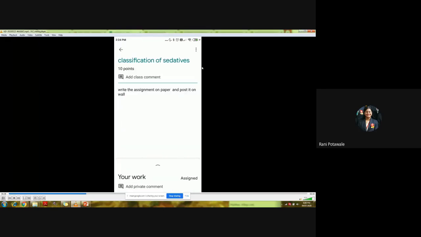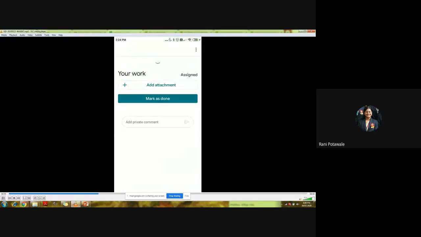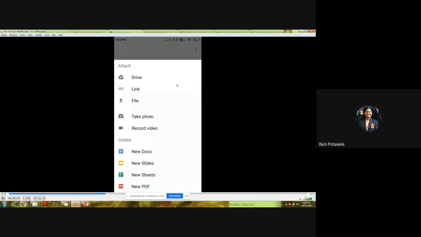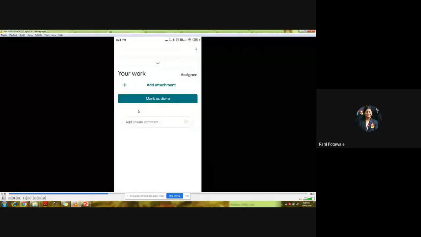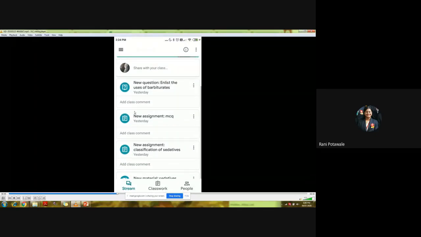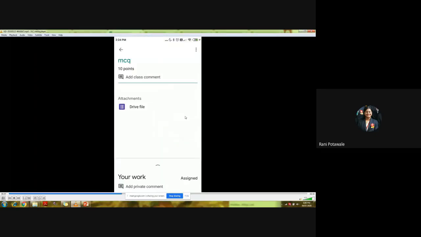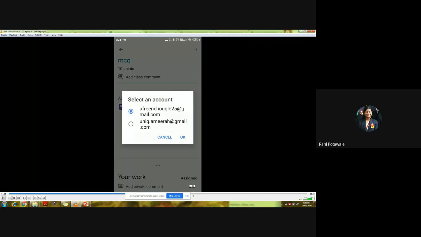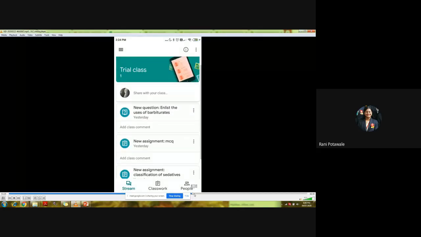As it's a handwritten assignment, as we can see here by the instructions, students can write that on paper and attach this assignment either from her Drive, from a file on her computer, or from mobile. The next assignment is the MCQ type of assignment. When she clicks, she can see the Google Form file. She can solve that MCQ online and see the marks also.